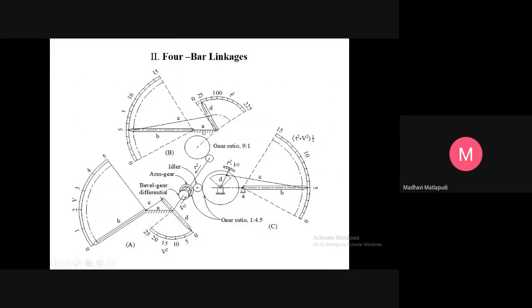This is set B, another set of 4-bar linkage. Then you have set C, another set of 4-bar linkage. Now, if you look at this, it has A, B, C, and D. Four links. A 4-bar linkage is 4 links, where A is a fixed link, and the input links B and C are collinear, and the link B is connected to a graded scale,